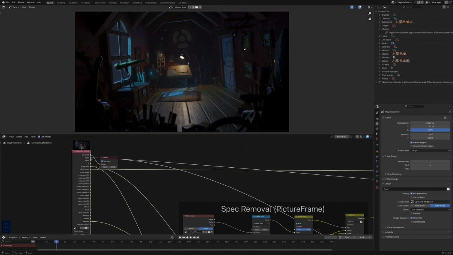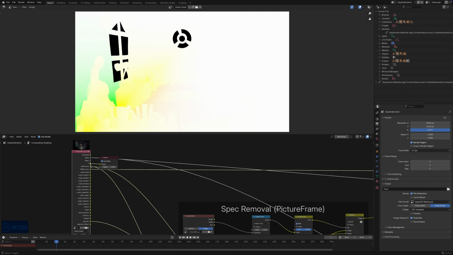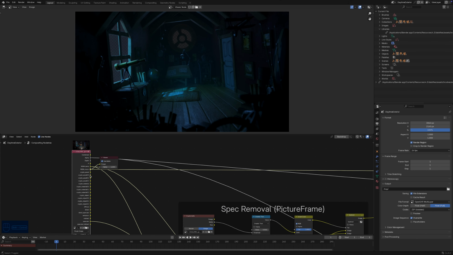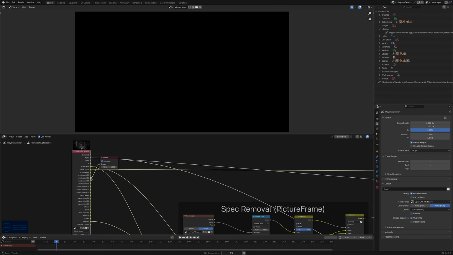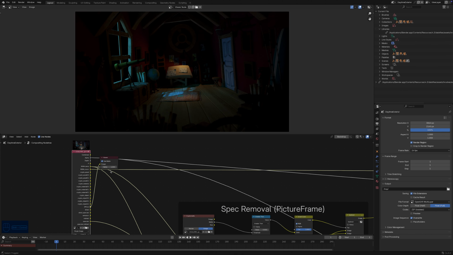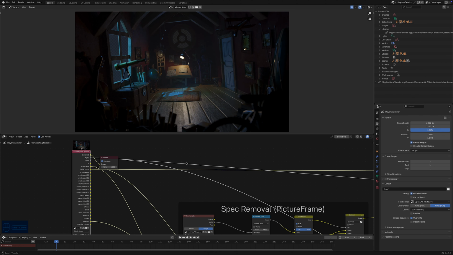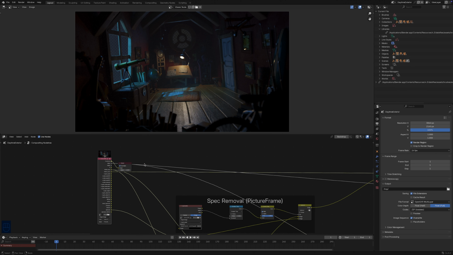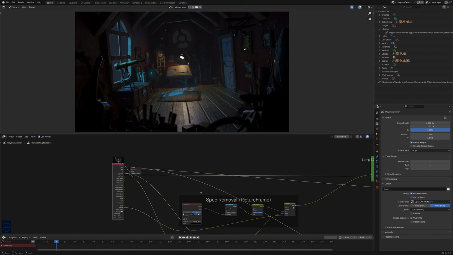You should be able to hold Control-Shift and then just preview the result that we get from each of those corresponding AOVs. And so now if we look at the combined result, it looks like it did where we left off when we were setting up those light groups, and where we left off at the end of the last video where I went over my lighting setup for this scene. And so this is what we are starting with. And so now I'm just going to take you through the process of how I went from this effective result